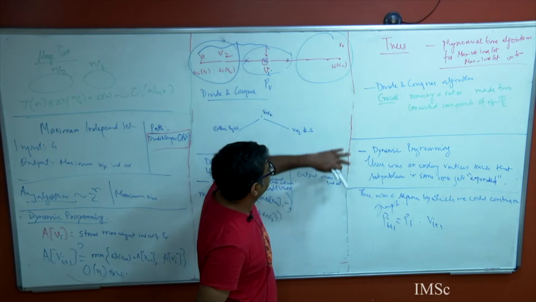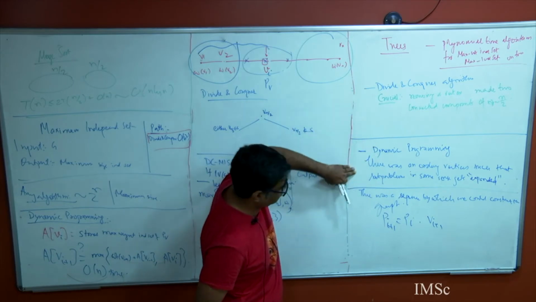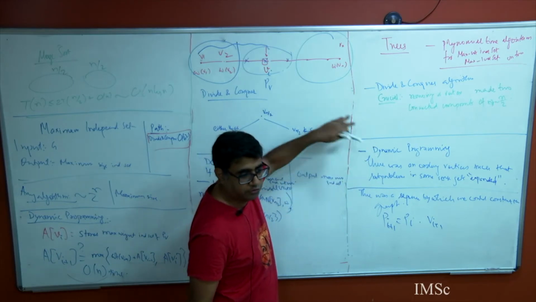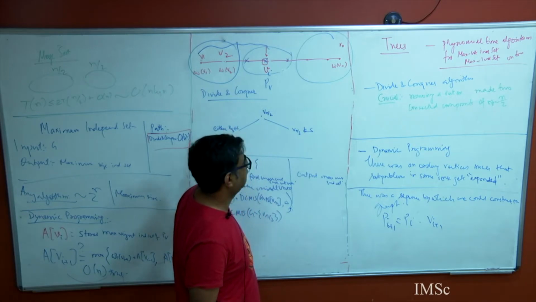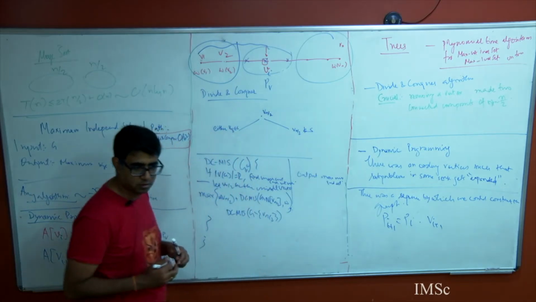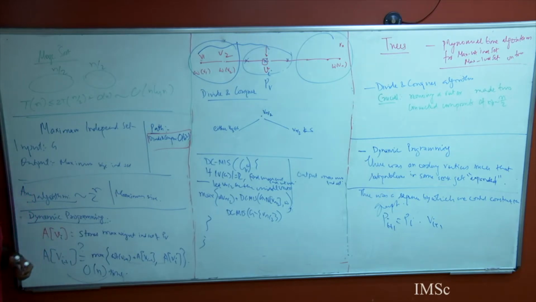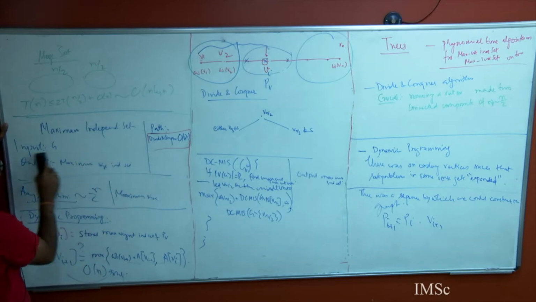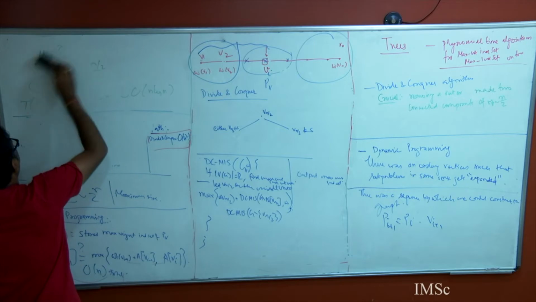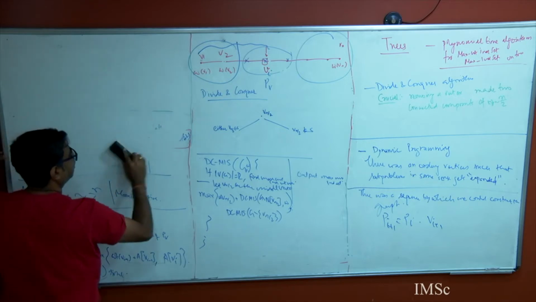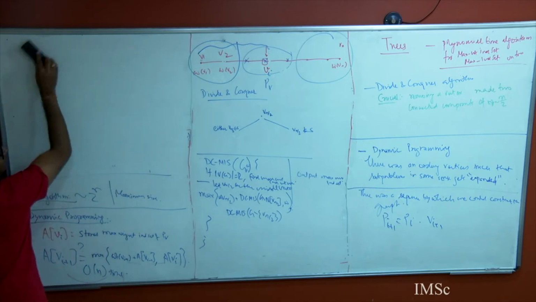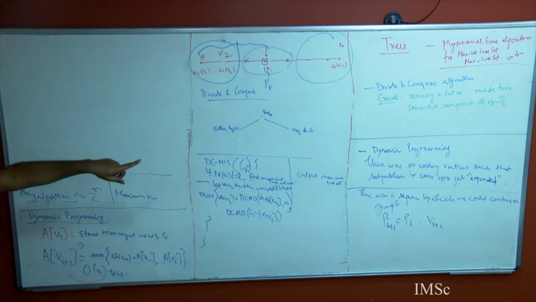I would like to make these two things also true for my trees. How am I going to achieve this? Do you get my point? So the problem is clear, the algorithm is clear, dynamic programming I will leave it, but let me still. So first of all, is it possible to actually get that?